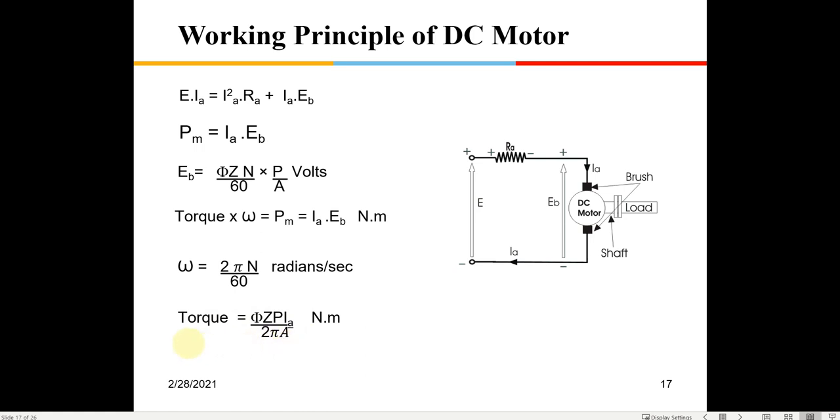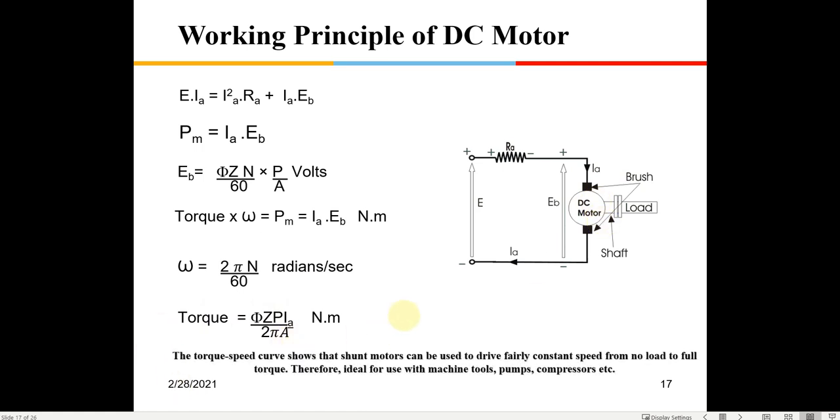So if you see here, the important thing which we have to learn from this equation is that the torque is proportional to the armature current. Okay, so it is well understood, right? The other terms are constant here. If you draw more current, you'll be able to give more torque. Okay, so torque is proportional to IA. So that is the thing which we learn from this equation. Okay, now